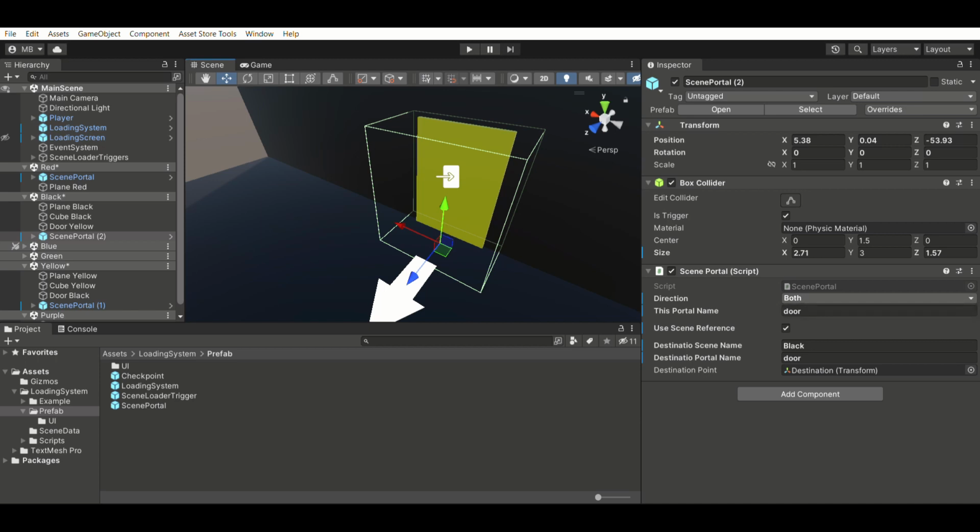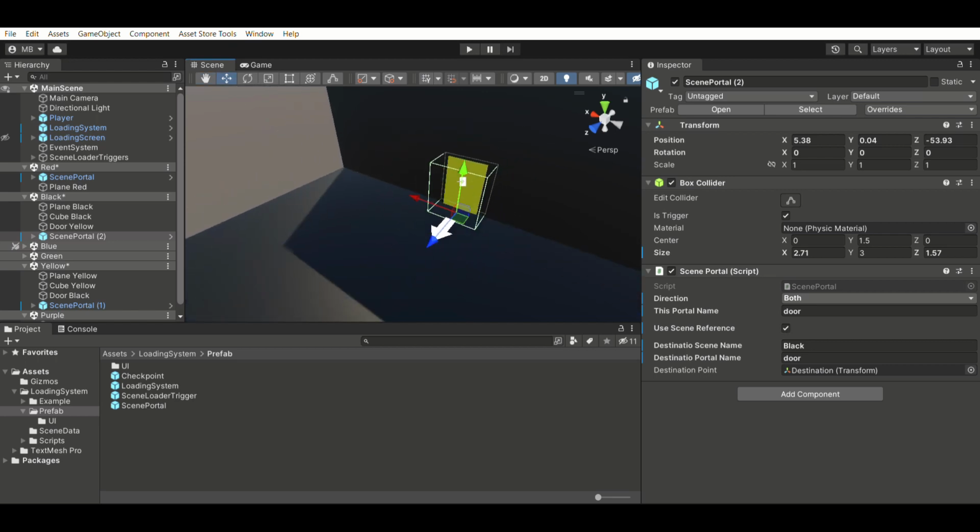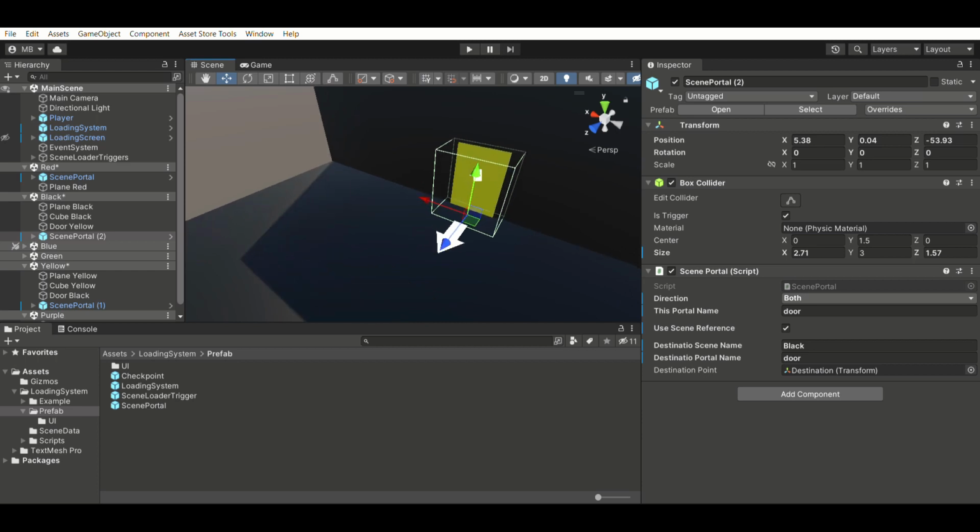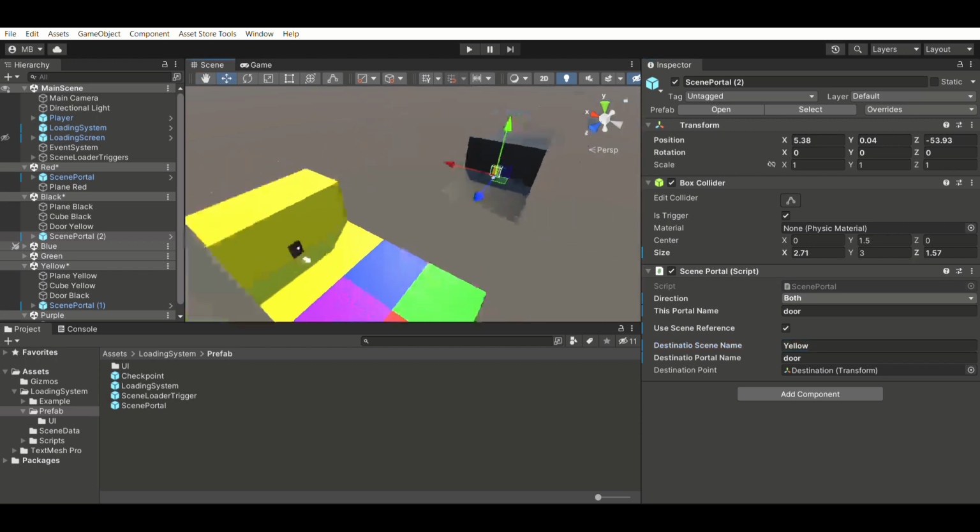The name door is the same because the scene reference is renamed differently for each other, and the destination scene is yellow. Okay,